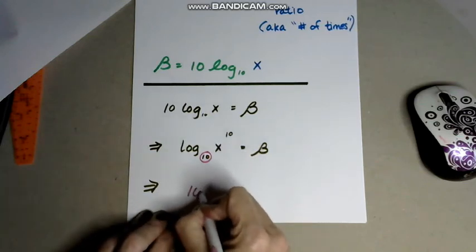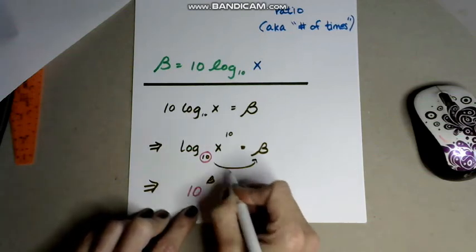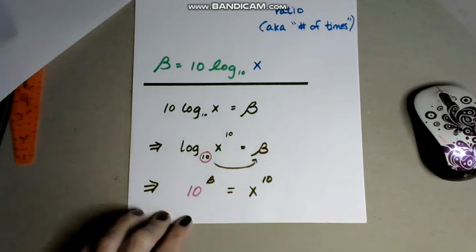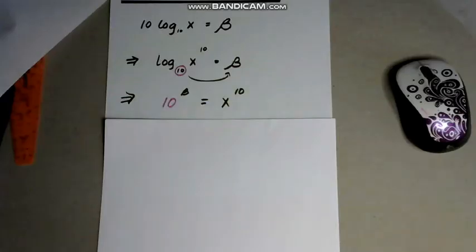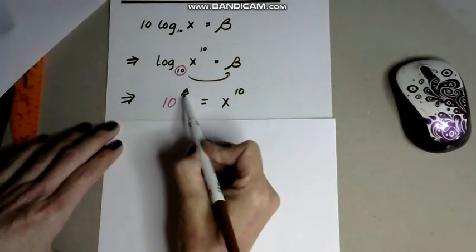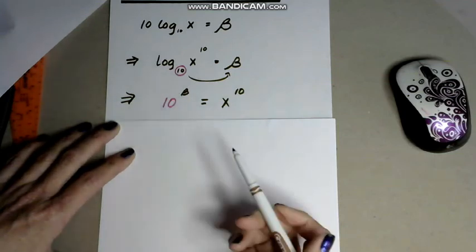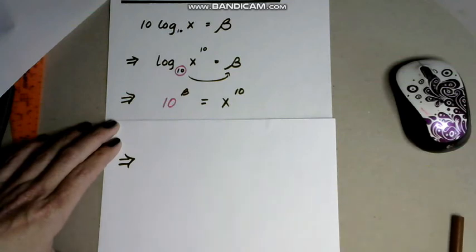So it ends up being 10 to this power equals x to the 10th. All right, so what we are trying to do is find x. You see now why this is hard to solve for this equation. But I'm really just going to kind of take it a little bit further because this b right here is going to be our, we'll say it's our change in decibels. And you'll see that. So when I rewrite this, I'll get that